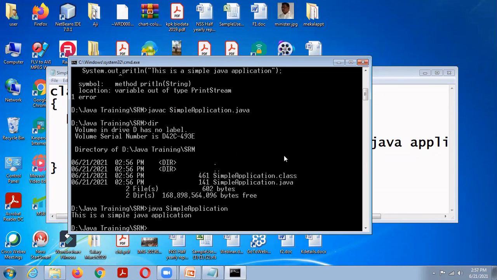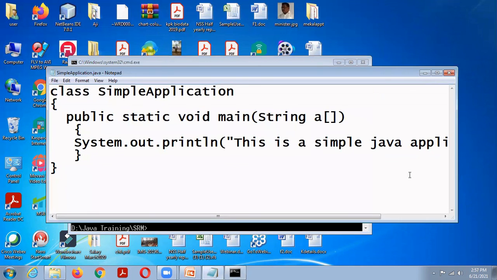Here javac is the Java compiler and java is the interpreter. The javac compiler compiles SimpleApplication.java and creates the SimpleApplication.class file. The Java interpreter interprets the SimpleApplication.class file and executes. So the output of this program is: This is a simple Java application.